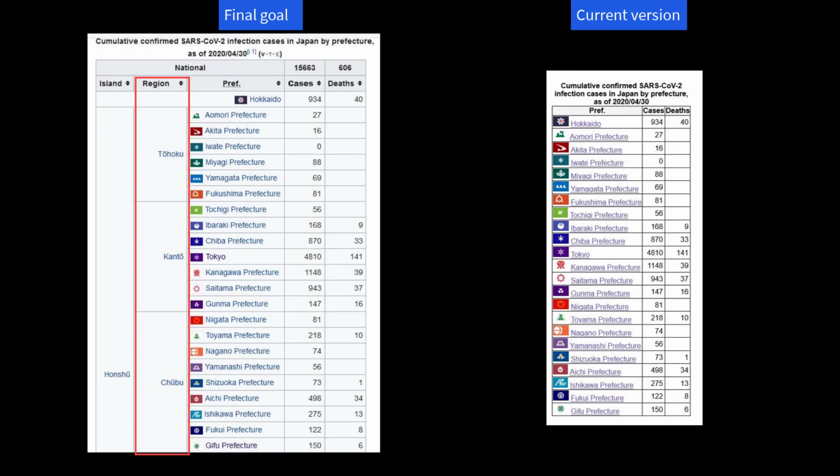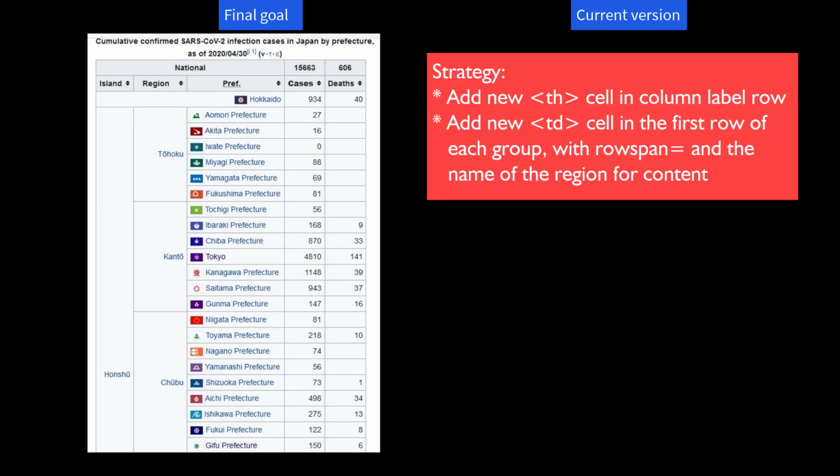The first row is Hokkaido, and it is its own region. Now the next 6 rows belong to the Tohoku region, the next 7 rows belong to the Kanto region, the last 9 rows belong to the Chubu region. So recall we can do this by adding a new TH cell in the column label row and a new TD cell in the first row of each group